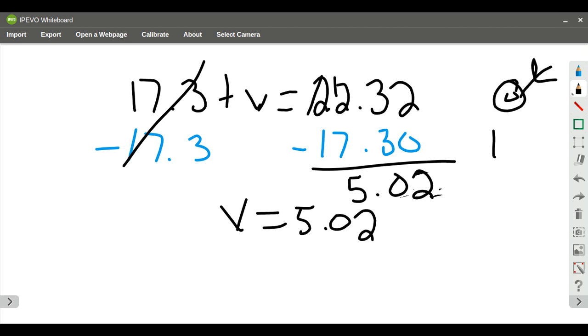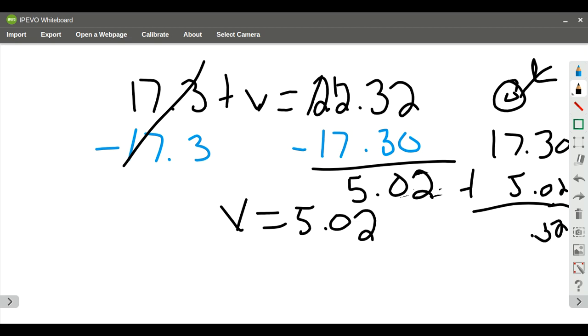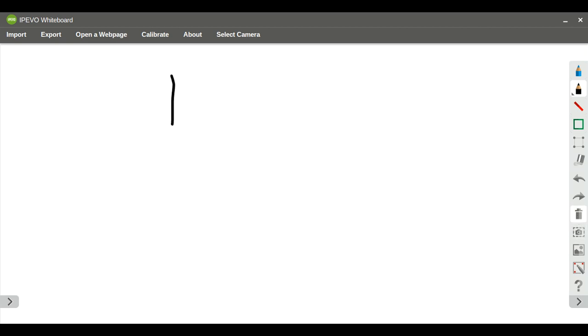So I'm going to do 17 and 3/10 added to 5.02. Add my 0 up here. So I end up with 2, 3. That's much faster now. 7 plus 5 is going to be 12. I regroup the 1, I get 22. 22 and 32 hundredths is equal to 22 and 32 hundredths. My problem checks out. I have 1 and 8/10 x equals